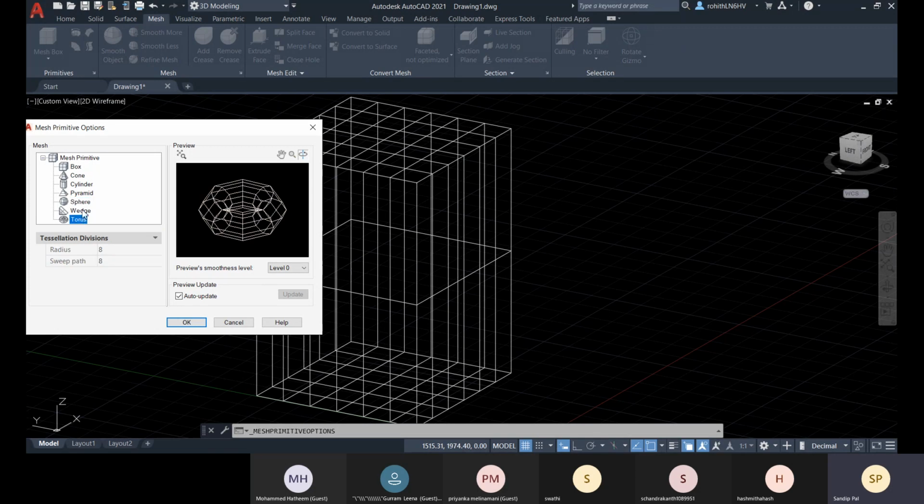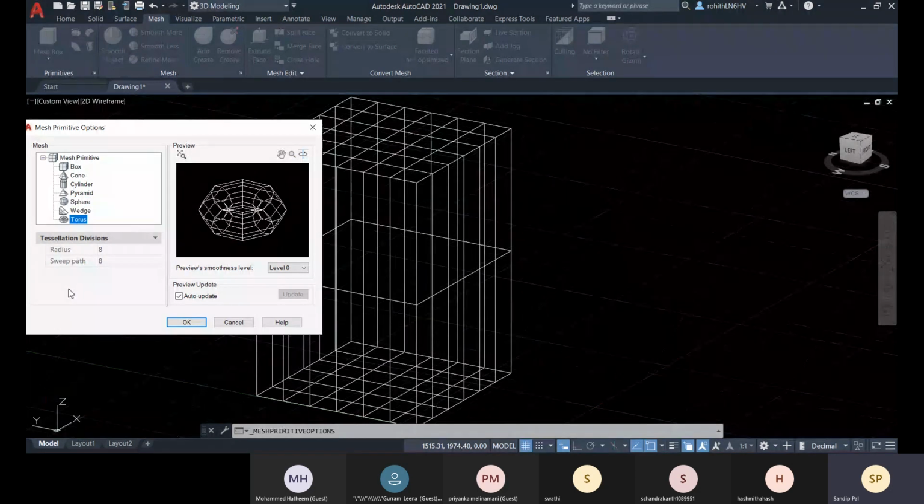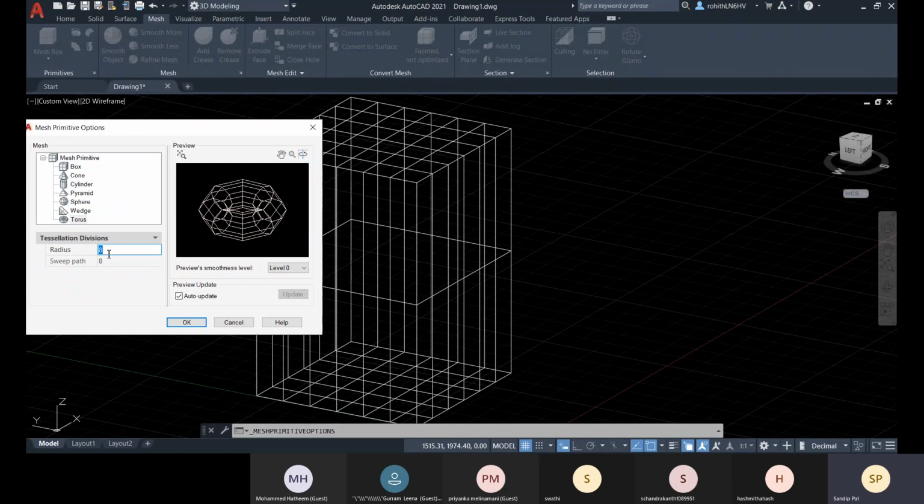So you can control all these tessellation and subdivision there. The more subdivision, the more smooth it will be, and the less subdivision will make it a sharp corner object, with more sharpness.